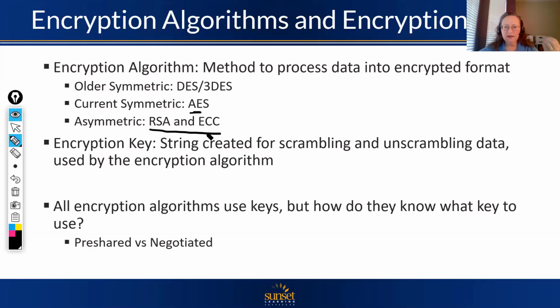In both cases, I'm going to have a pair of keys. They are complementary. One encrypts, one decrypts, and vice versa. But you cannot use the same key to both encrypt and decrypt. So those are the algorithms. The key itself is the string that I use for scrambling and unscrambling. Generally speaking, with asymmetric keys, they are generated once and used many times. With symmetric keys, generally speaking, we're going to be generating new keys every time we want to do a new encryption session. And the reason for that